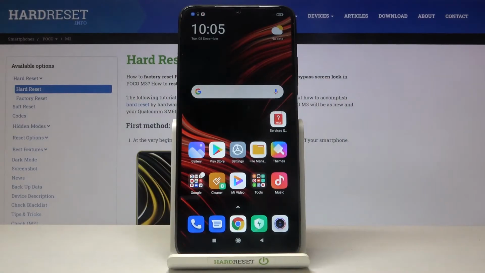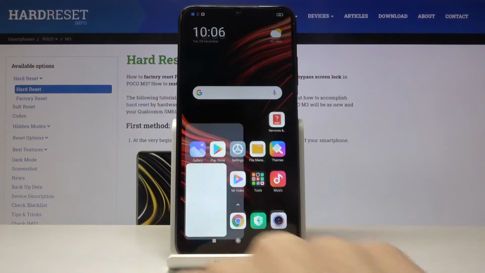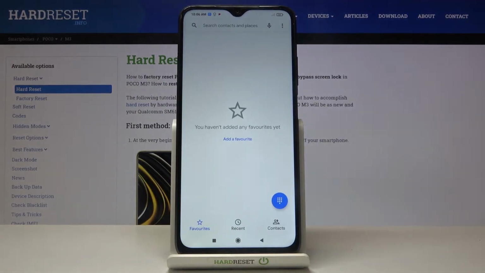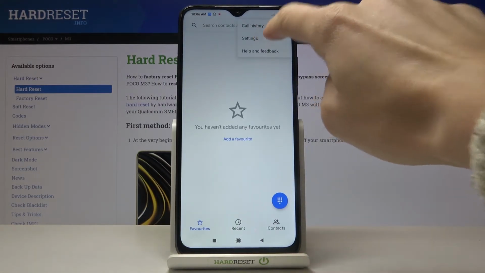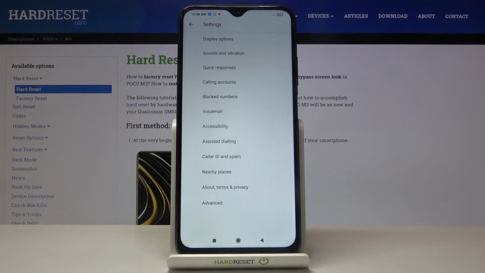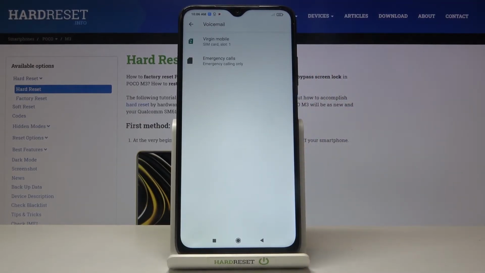Here I've got POCO M3, and let me show you how to change voicemail notification sound on the following device. So first of all, you need to open your phone dialer, here tap on More, and go to the settings. Now locate and mark voicemail, and here pick the SIM card that you have, include it in your device, and